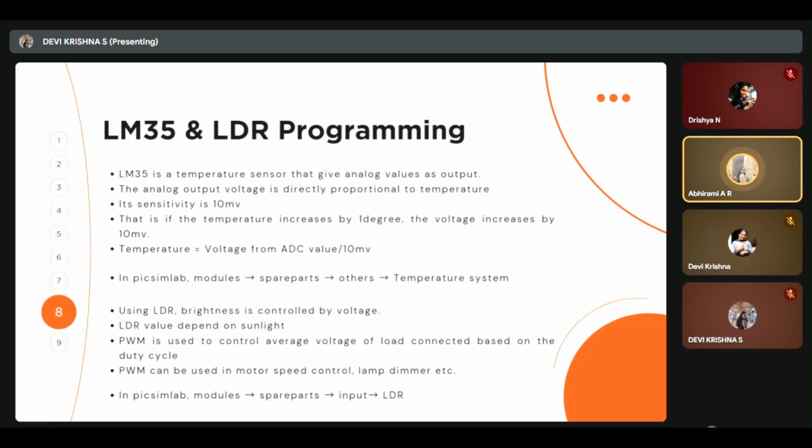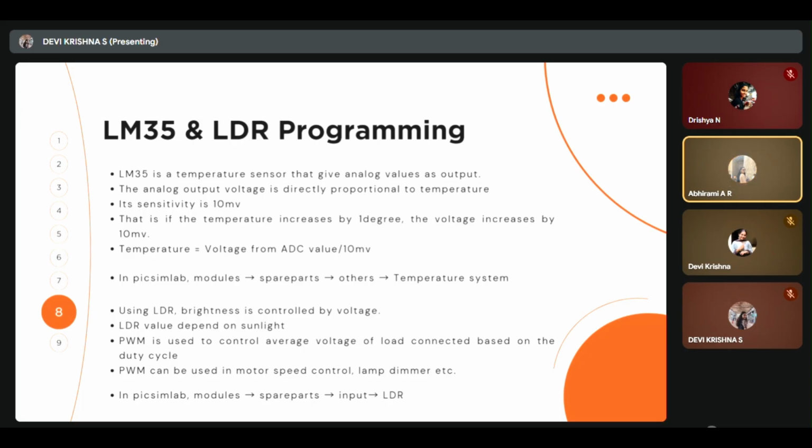For example, if the sunlight is high, then the LDR voltage will be high and the ADC value will also be high. Then the garden light should dim or turn off. If the sunlight is low, the ADC value will be low, then it decides to turn the garden light on or